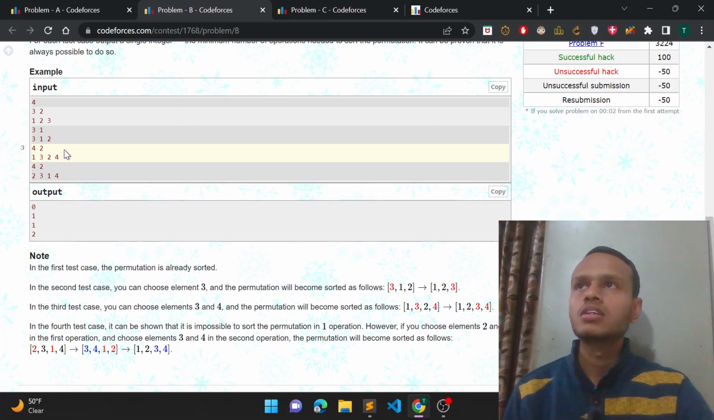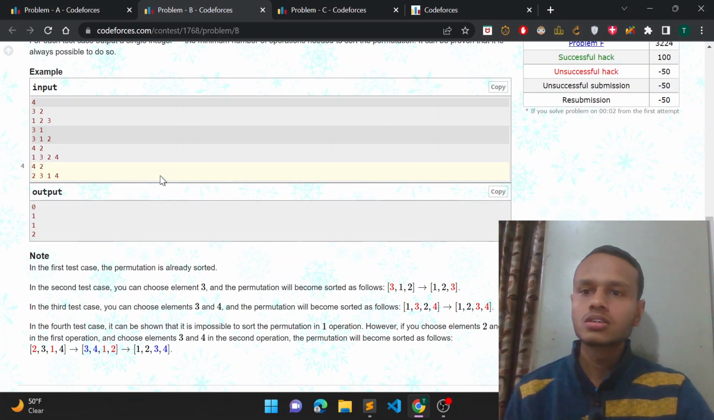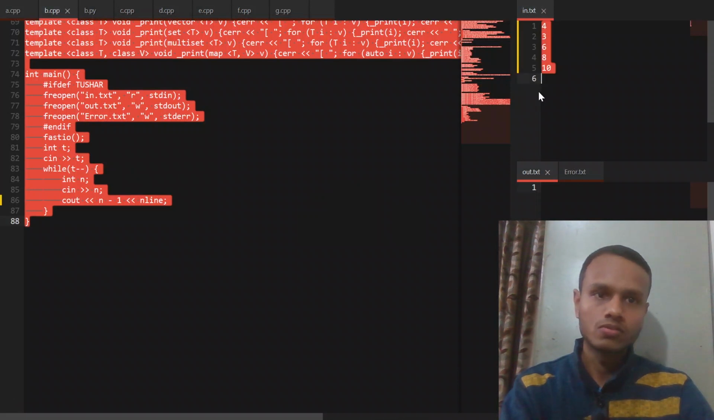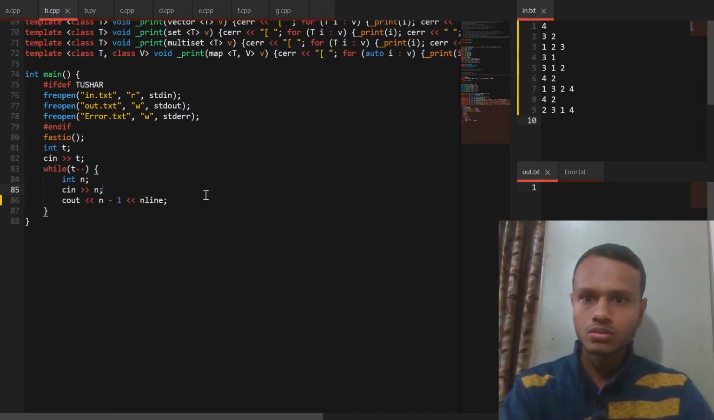But in optimal cases, I think we should just check what is the longest possible sequence of numbers that we can get from the given array. So like, can we get 1 2 3 4 and so on, a consecutive sequence of elements? Okay,